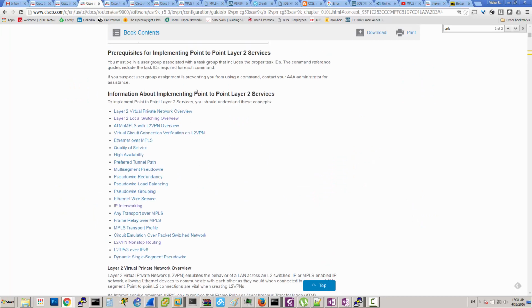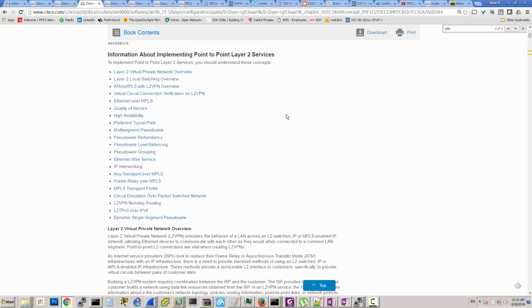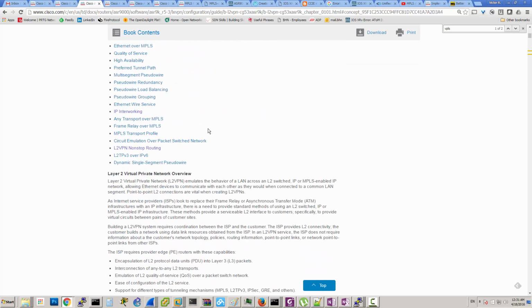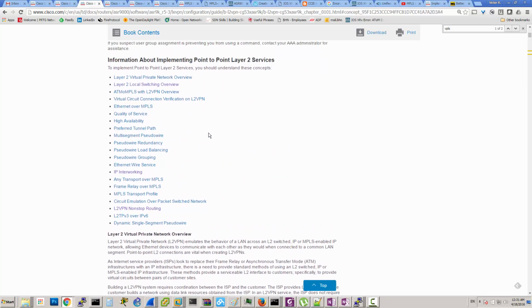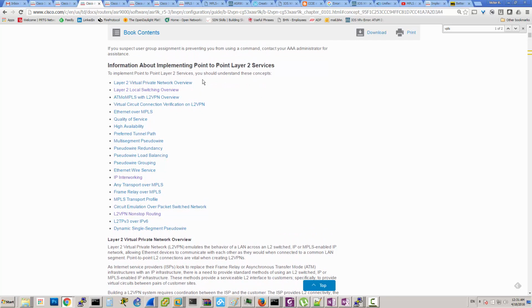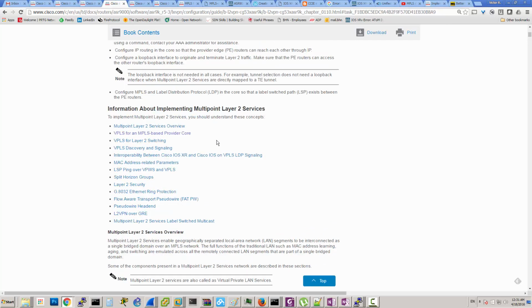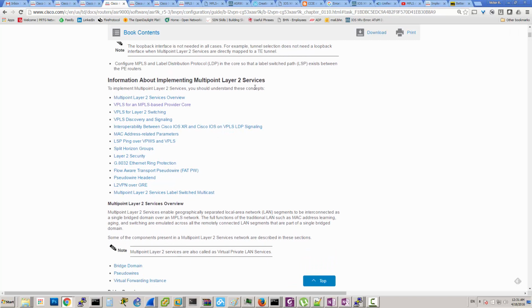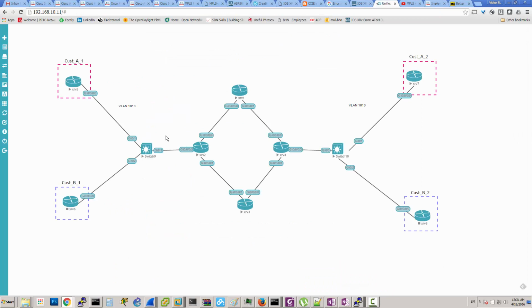What I'm going to try to do next is look at all these different features. Obviously, I have a long way to go, but for now, this is point to point. Later, we're going to be looking at multipoint layer 2 services, or VPLS, which is way more interesting. To be honest, I don't remember if I mentioned it. With VPLS, we're going to create virtual forwarding instances across all different PEs, and instead of having a pseudowire between these two PEs, we're going to have